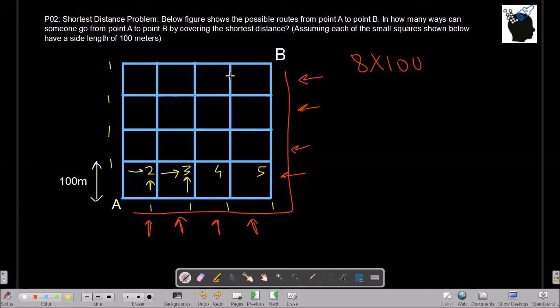I'll keep on going like this. So 2 plus 1 will become 3. 3 plus 3 is 6. 6 plus 4 is 10. 10 plus 5 is 15. 4, 10, 20,